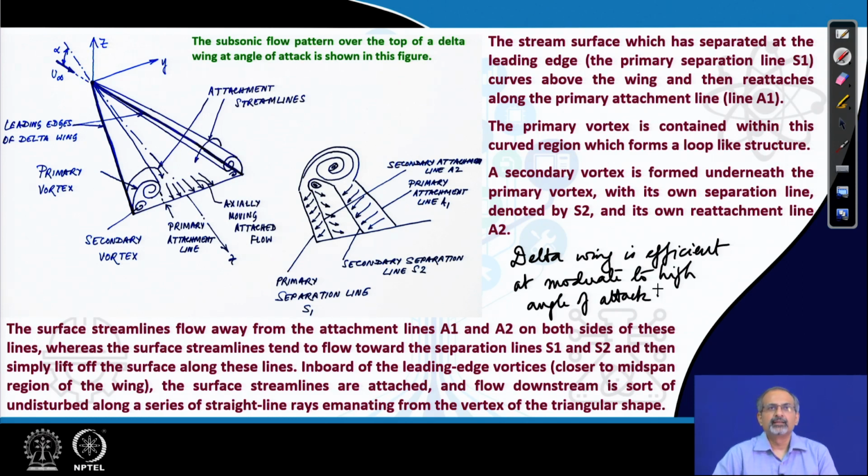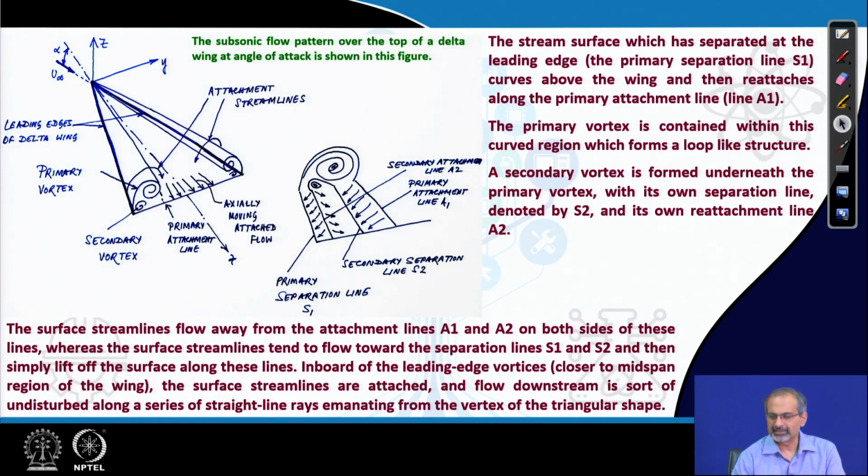At lower angles of attack, the circulation distribution as per the behavior of the airfoil section is important, while at higher angles of attack for a delta wing, the circulation distribution is not influenced by the 2D or airfoil section behavior, but rather by the vortex induced lift. And we already discussed the streamline patterns which are formed on the airfoil section. So, we will continue over to the next slide